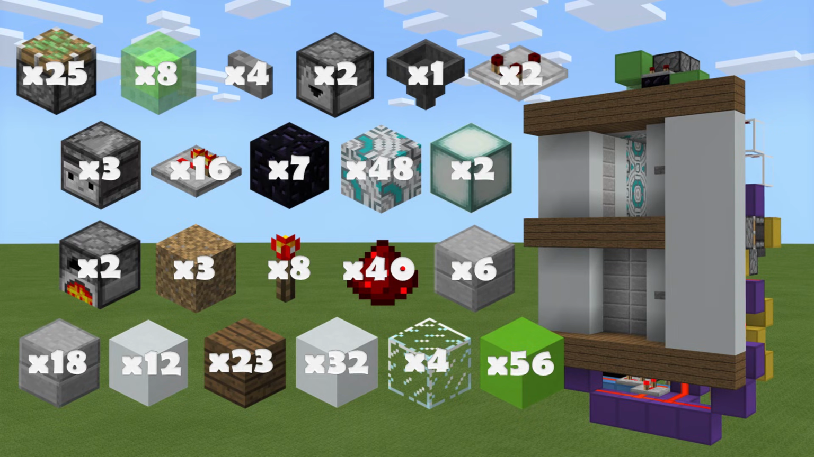So because this build is quite a large build, I have laid out everything you're going to need if you're going to copy me exactly, okay? So you are going to need 25 sticky pistons, 8 slime blocks, 4 stone buttons, 2 droppers, 1 hopper, 2 comparators, 3 observers, 16 repeaters, 7 obsidian, 48 stained terracotta, 2 sea lanterns, 2 furnaces, 3 rubbish blocks, 8 torches,